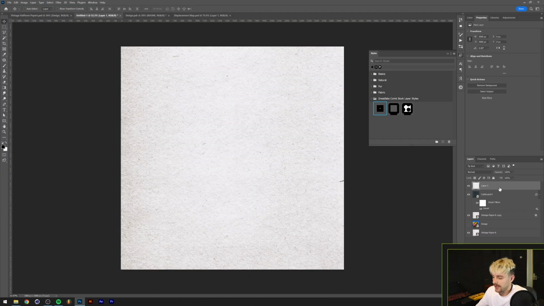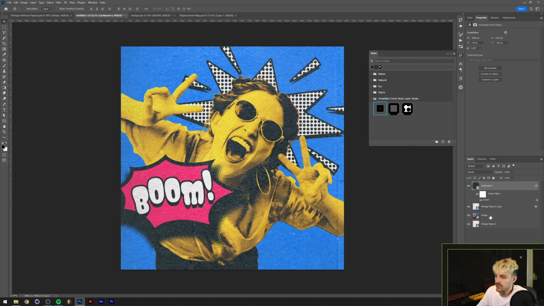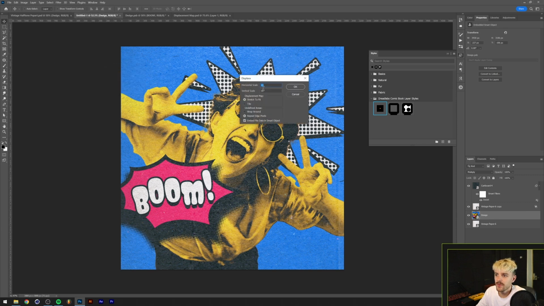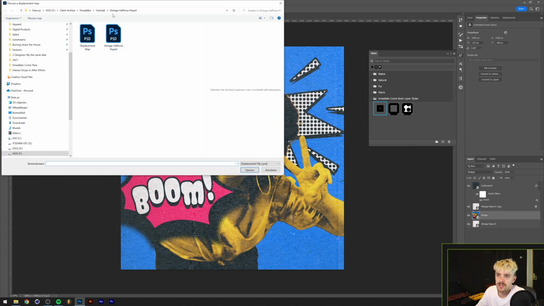So back in the original file, we can just delete this layer and make our design visible again. And we're going to select our design in the layer menu. We're going to go to Filter, Distort, Displace. You can leave all these settings as they are. Click on OK, and this will ask you to load in the file, and then we'll just load in the displacement map that we just made. And if we click on Open,